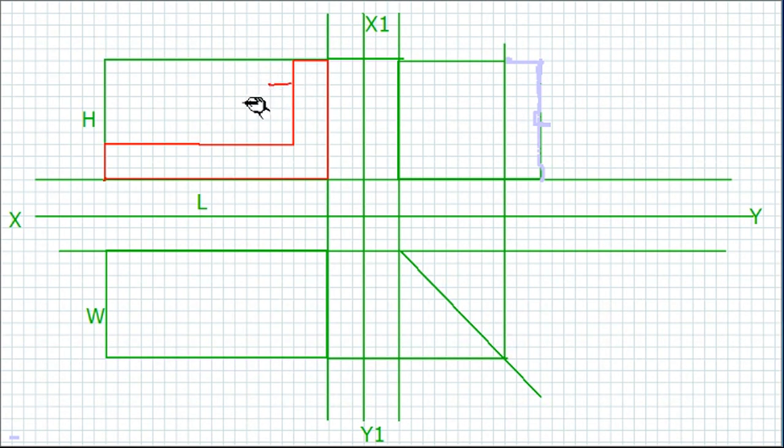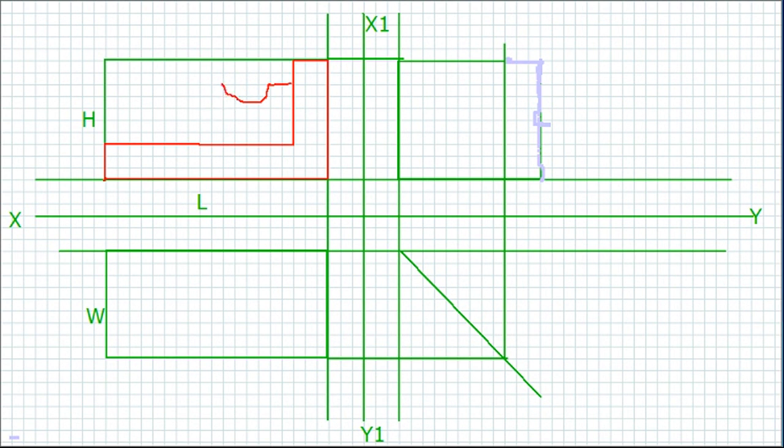Okay, then there is actually a half circle. So let me use the pencil for drawing that half circle. Approximately I am drawing it here like this. There is a half circle.